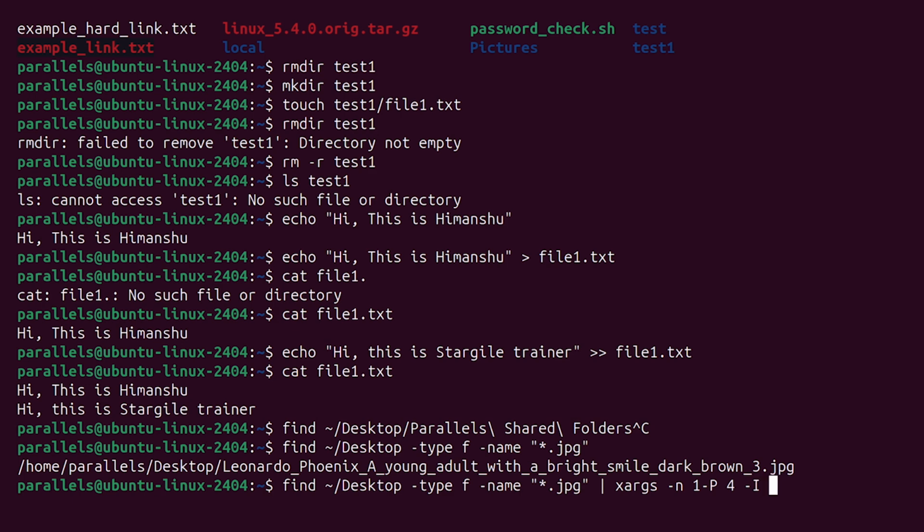-P 4 and then -I. Basically, -n is specifically for xargs to process one file at a time. So I pass -n 1, which means only one file will be processed. Then -P tells xargs to run 4 processes in parallel in order to compress this file. So how many processes you want to do the job, you can tell with this -P. Then -I is basically just to pass it along and then convert it to the size you want it to be. So it basically sends the list of all the JPGs to the further operations that we are doing. So you can do it like this and then convert